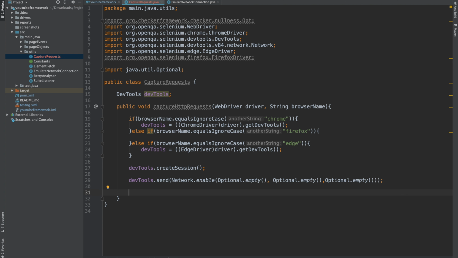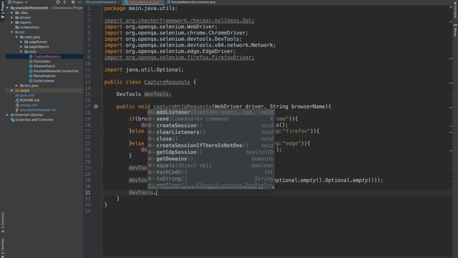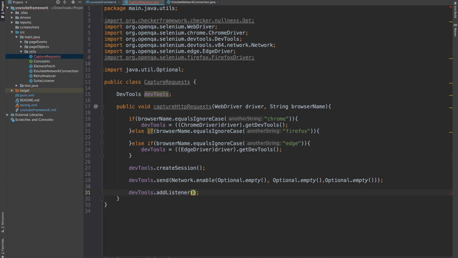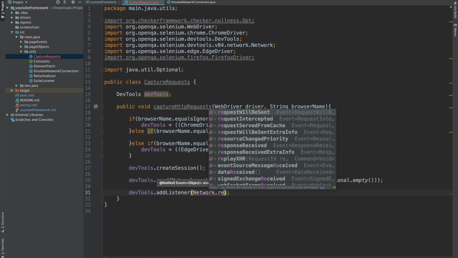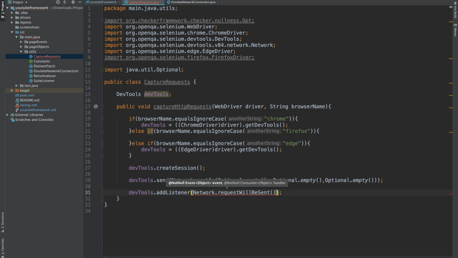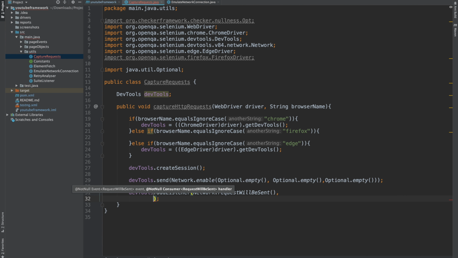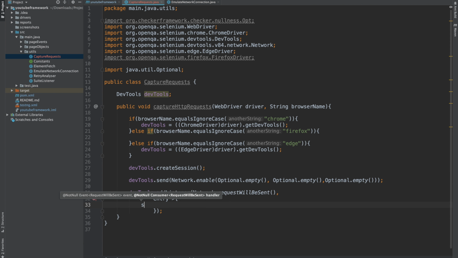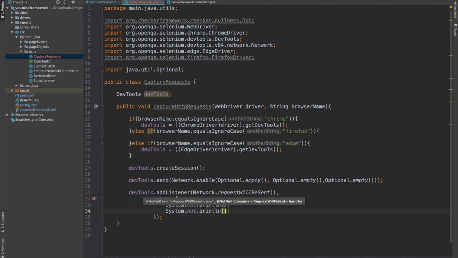And now we need to add a listener to it, so we can do devTools.addListener. Inside this we will be writing Network.requestWillBeSent, comma, entry, and then inside this we will be writing sysout, and then again another sysout.